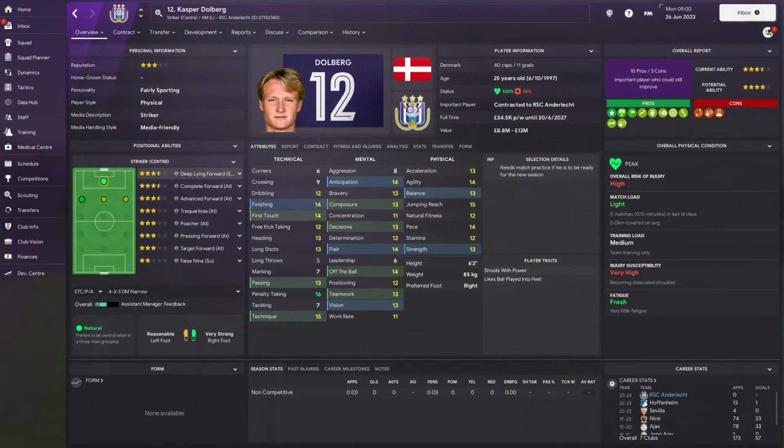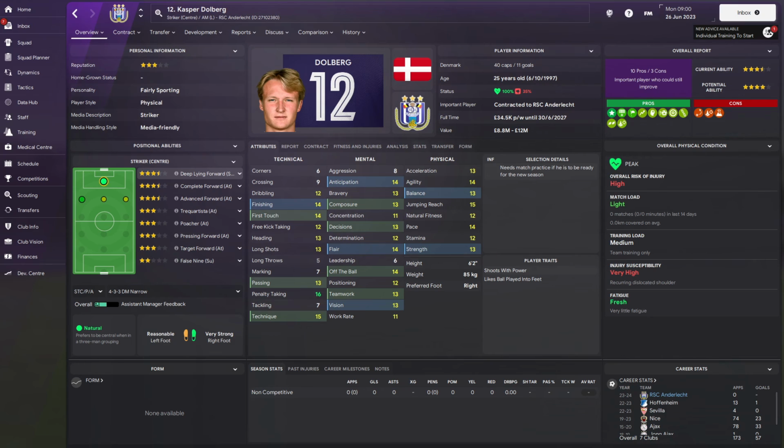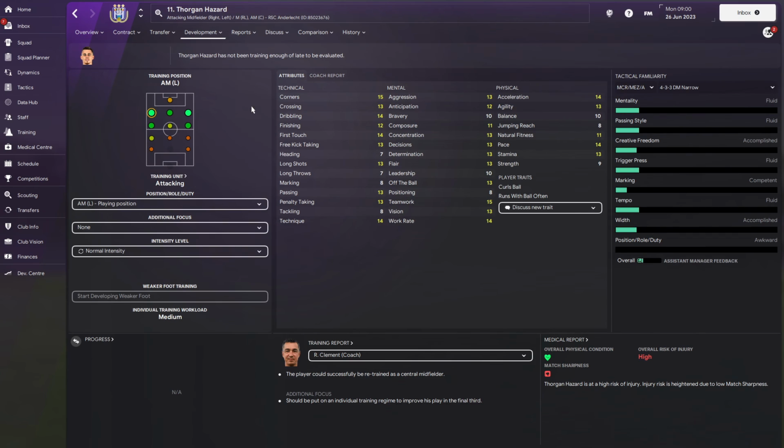Do you remember Kasper Dolberg? He was really highly thought of at one point, wasn't he? Ajax, then big transfer to Nice. It's never really worked out, has it? Let's see if he can get in the goals this season. Now, Hazard's another one that hasn't really worked out since he's moved to Dortmund. He's a winger, but he does have the capability, look at that, to play Mezzala. So let's retrain him